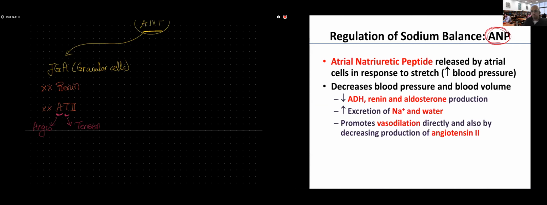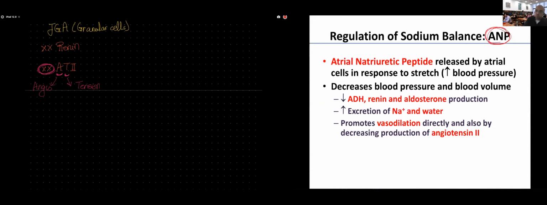Constricts arterioles. Vasoconstriction. So if I don't have the guy who constricts the vessels, what's going to happen to my blood vessels, to the arterioles? If I don't have angiotensin 2 to constrict, what would they do? Would they constrict or dilate? Anything in your body is a balance. So if you don't constrict, what's going to happen? If I don't have angiotensin 2, I'm not able to constrict. So what's going to happen to my arterioles? They will dilate. We'll have vasodilation.